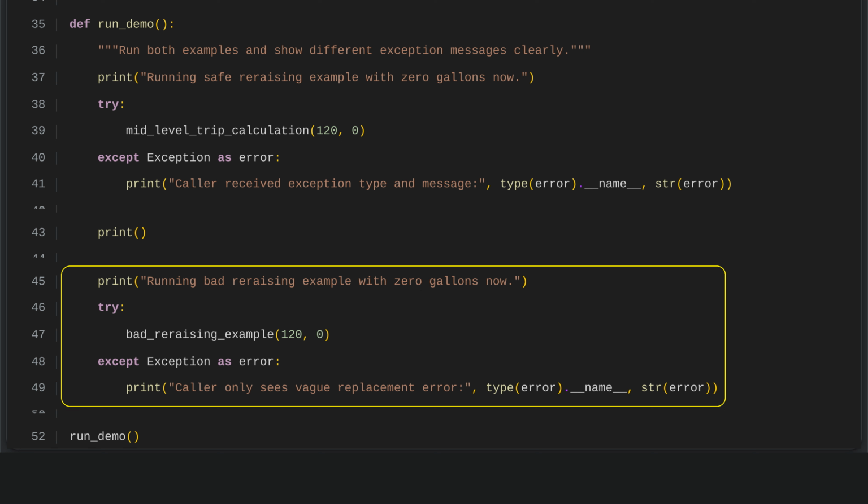error. We call the division function, expect it to fail, and catch whatever exception occurs. Instead of preserving the original error, the code replaces it with a vague, generic message. This shows how bad re-raising practices can hide the real cause of the problem and lose important error context for